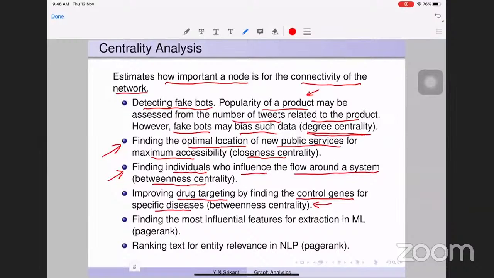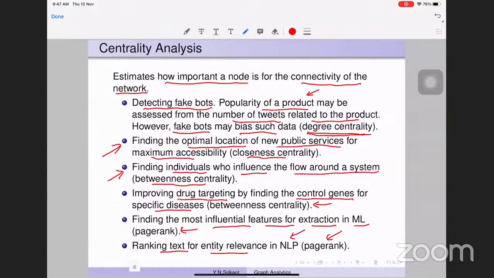Then how do you find very influential features for extraction in machine learning? And that uses a measure called PageRank. I will tell you a little bit about that also. And finally, ranking text for entity relevance, that is, which is the semantically most relevant entity in a text, in a paragraph, and that is related to natural language processing,